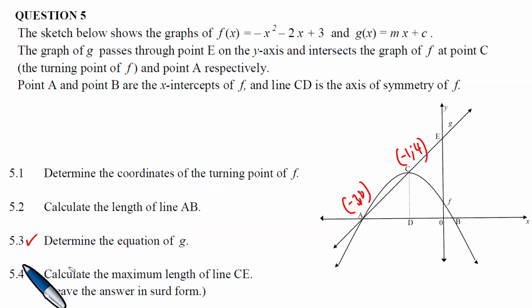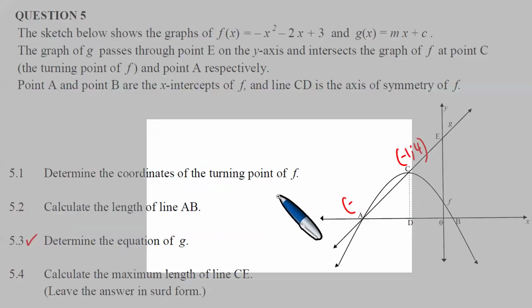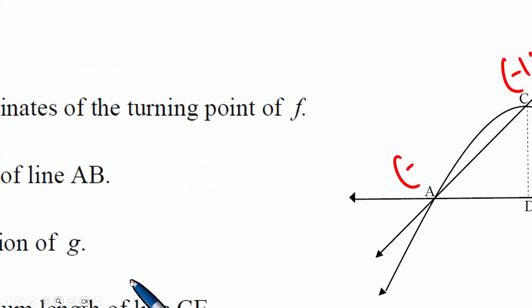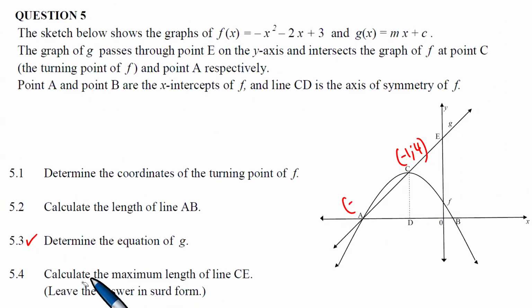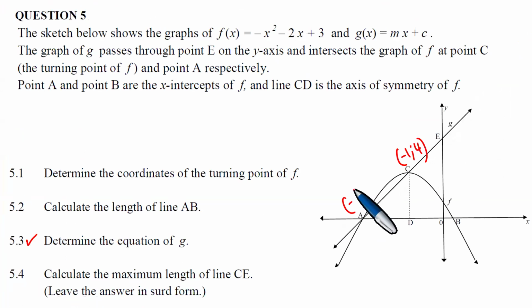Obviously, this one here is -3 and 0. And if you want to find the equation of G, and G is this straight line,